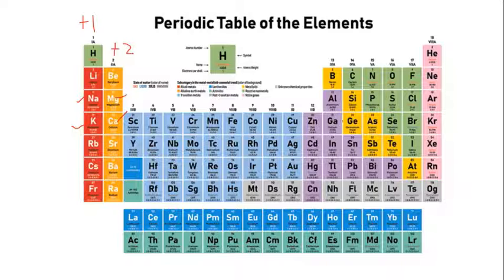Then if it is group 3 like aluminium, it is +3. If it is carbon or a group 14 element, then you need to substitute the charge as +4. And if it is group 15, then you will substitute it by -3. This is according to octet. Then if it is a group 16 element like oxygen, etc., then you need to substitute by -2. If any halogen is seen in a coordination compound, then you need to substitute it by -1. So here are the charges you need to substitute if these elements are present in your particular coordination compound.